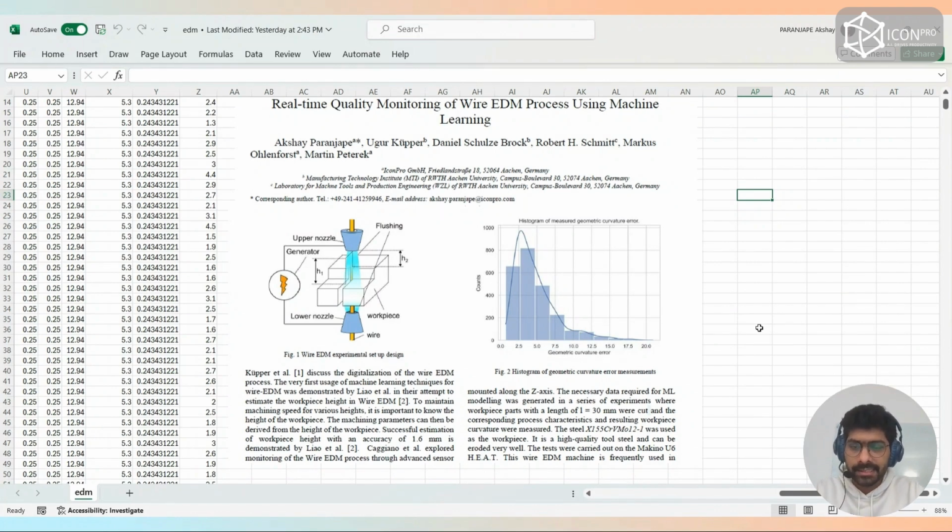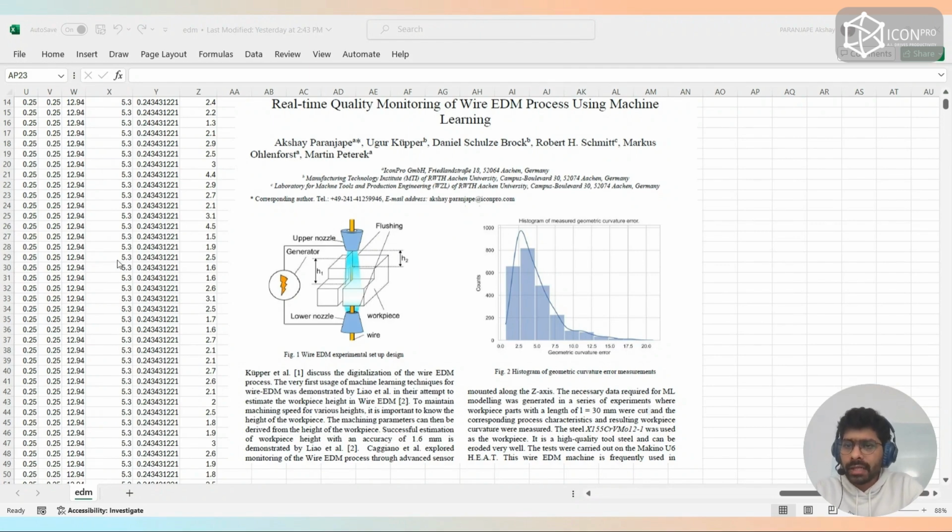So what you're seeing here is a dataset for the wire EDM process, or wire electric discharge machining. Wire EDM is a precision machining process. A conductive wire is used as an electrode to cut through the workpiece. Electric discharge between the wire and the workpiece erodes the material through a series of normal and short circuit discharges. There are various applications for the wire EDM process, for example in the aerospace industry, for tool making, and also in medical device manufacturing, etc.